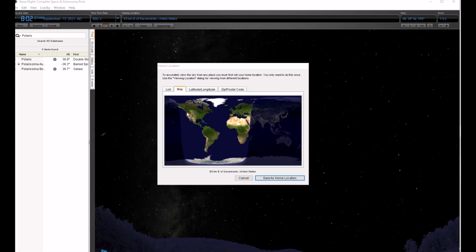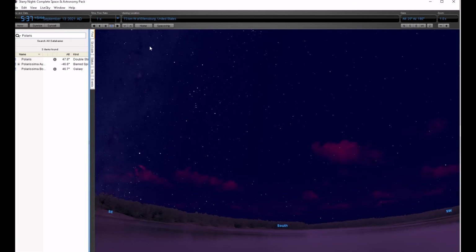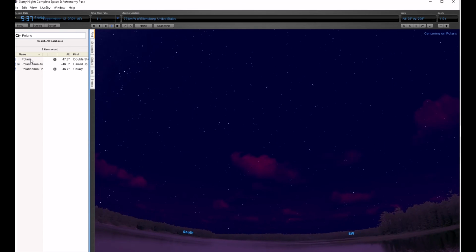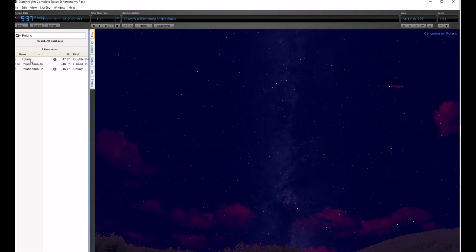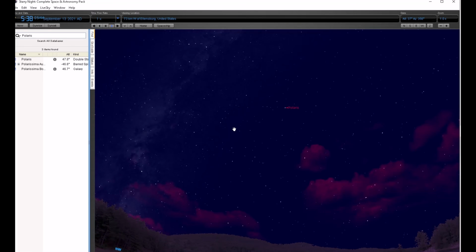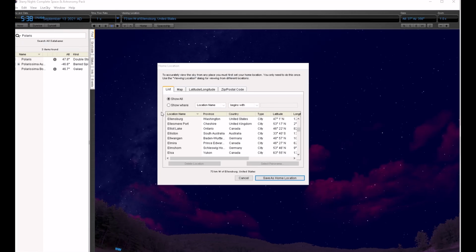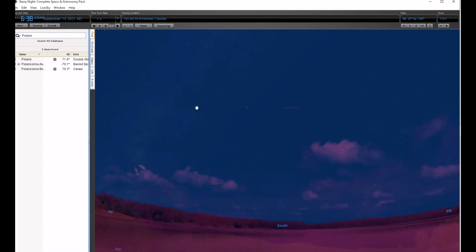So what we're going to do is, we're in California, we're going to move farther north into Oregon or Washington. And if you note how high Polaris is in the sky now, we're going to move to this new location and move to where Polaris is. When you move to a new location, Starry Night always has you facing south. I'm not sure why. But you see, when we were in California, we could see Polaris was a little lower. Now we moved into the northern part of the West Coast. Polaris is a little higher in the sky, and we're going to go into Canada